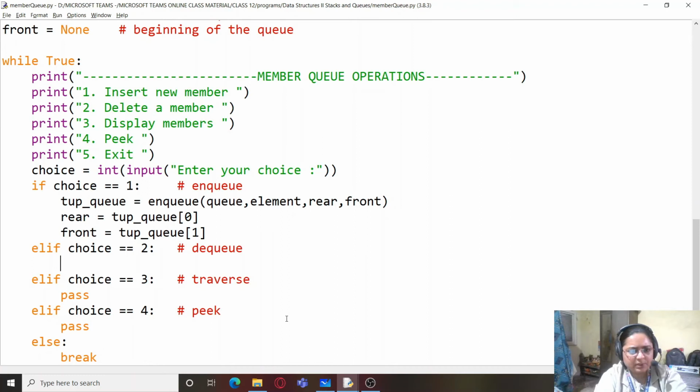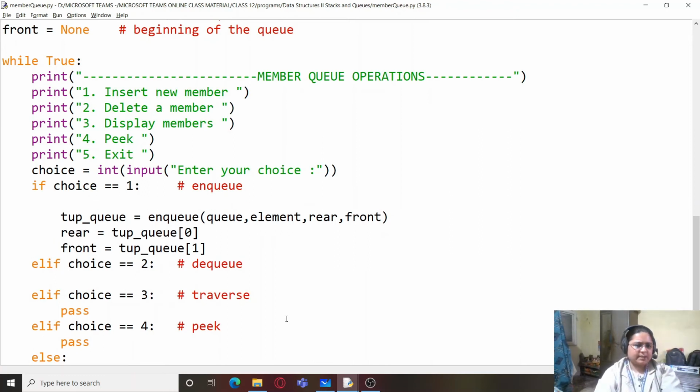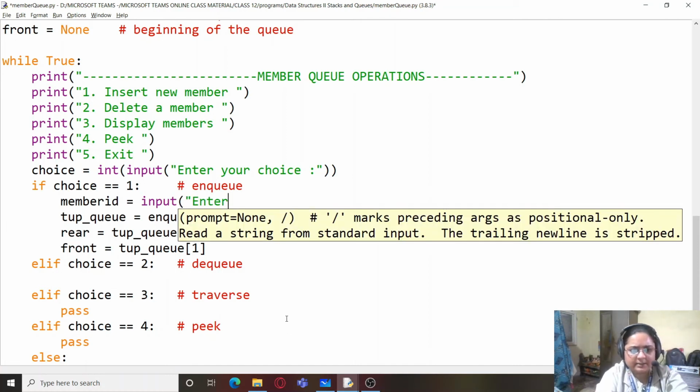So I have to, okay, I missed out on a very important statement, that is I didn't ask for the element from the user. So first we need to ask for the element. So let's create the element over here. Member ID equals, I'm going to use input function, enter the member ID.